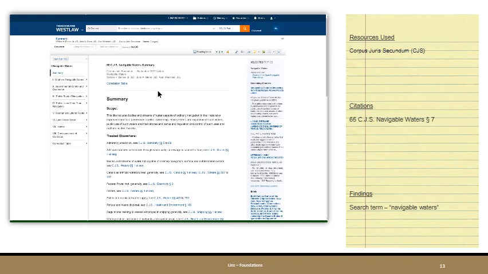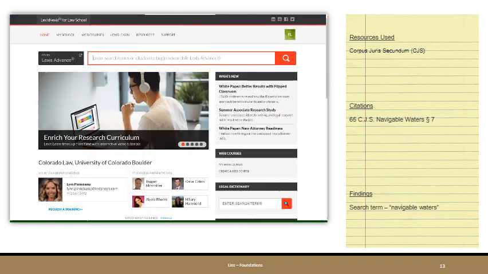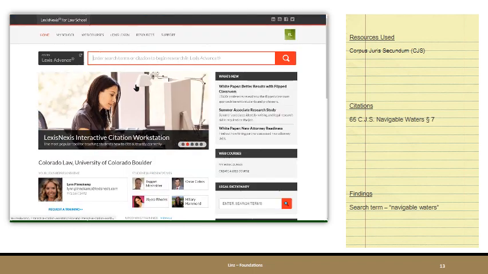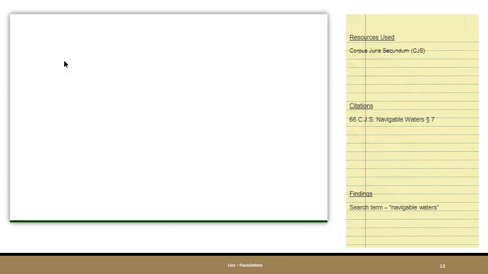So why don't we check AMJUR and ALR now, but to do that, we're going to look in LexisNexis. So to simplify my life, I'm going to copy navigable waters and use it for my next search term. All right, so now we're in Lexis Advance, and let's open to Lexis Advance itself.